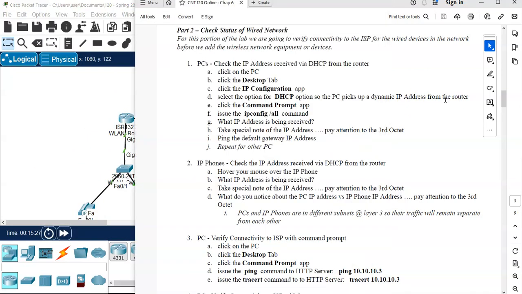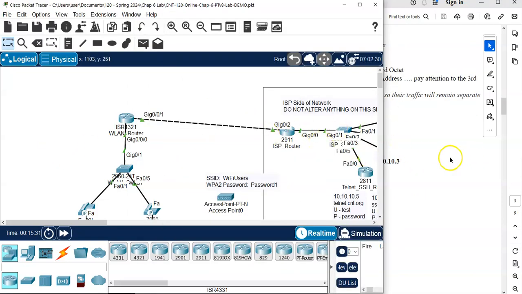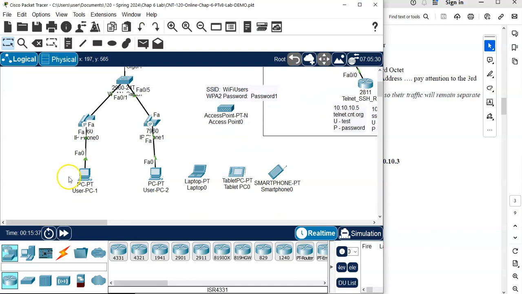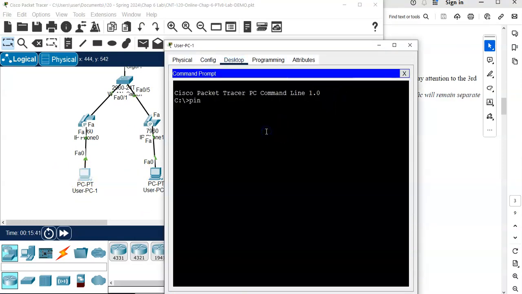Now that we have that in place, we should make sure that we actually can communicate with the ISP over here. So we're going to do some pings and traces and browses over to the CNT.org. And I'm just going to open up my PC here. I'll open up the command prompt. I'm going to try to ping straight to